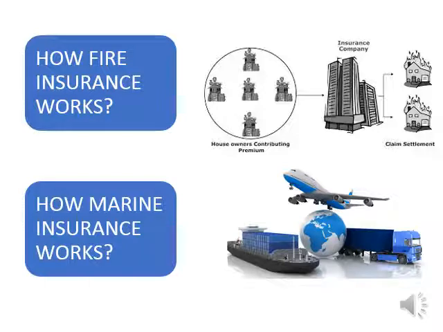Basically, the insurance company is functioning on the concept of pooling. That means people with similar types of risk come together and contribute as a social responsibility, and whenever there is a loss, it is made good from the pool. Now we have to understand how this happens in the case of cars. Let us take an example.